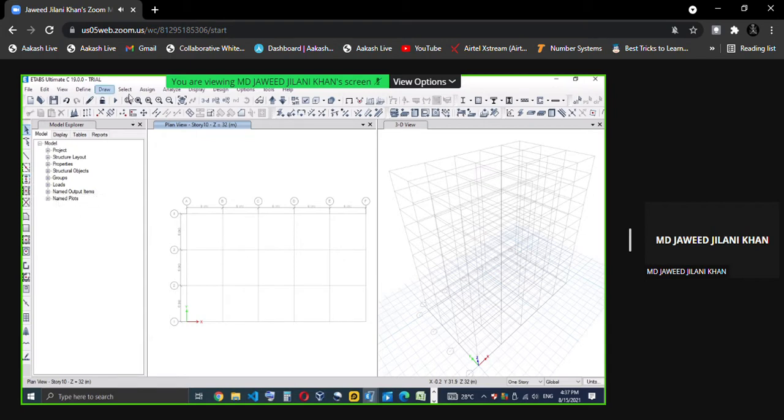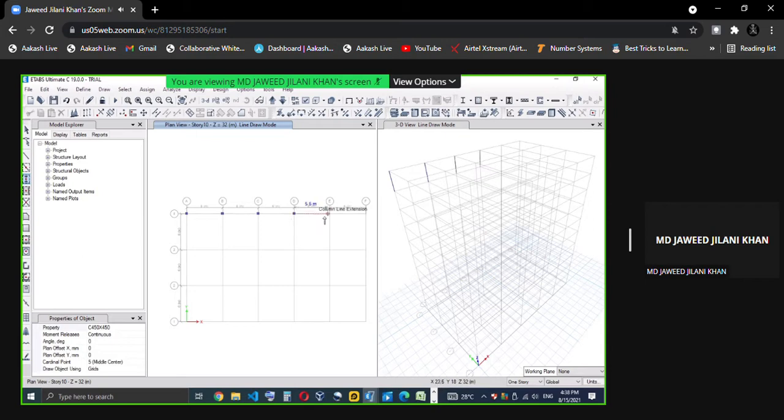So instead of going to draw from the pull down menu, I'll go from the column directly. Now once I draw the column, we have to select here the column which we have defined already. For example, if you have 5-6 columns, you have to select that particular size which you need to draw. So ETABS will automatically, you can see my cursor now has become vertical. That's draw mode. We are in draw mode, and it will prompt you at every intersection of the grid. So this is how you can draw the column like this. See, I am at the 10th story, so it is drawing from top to bottom. So this is how I'm able to draw. Or what we can do is one by one.